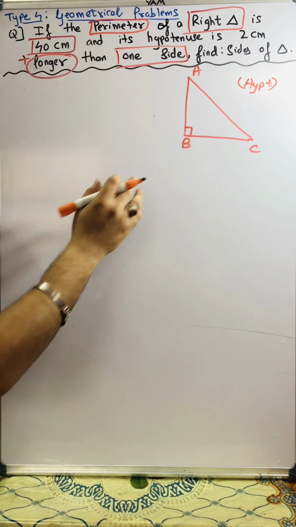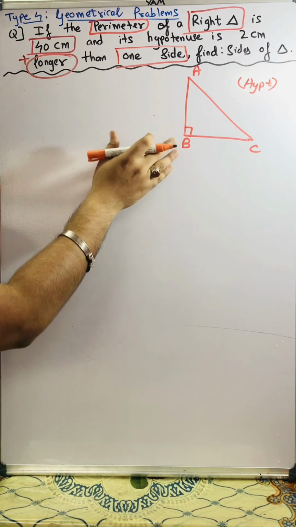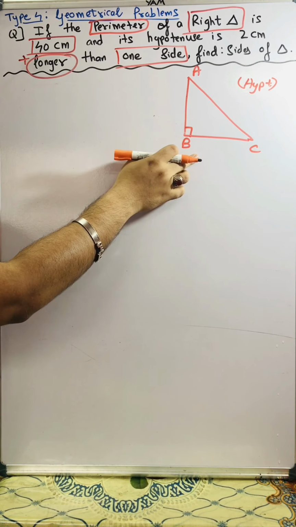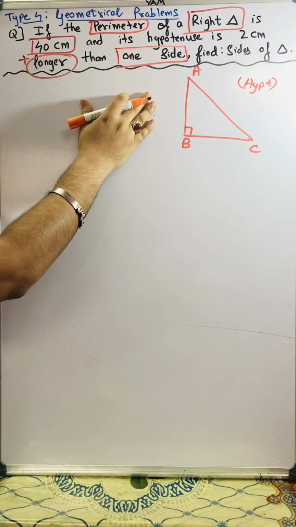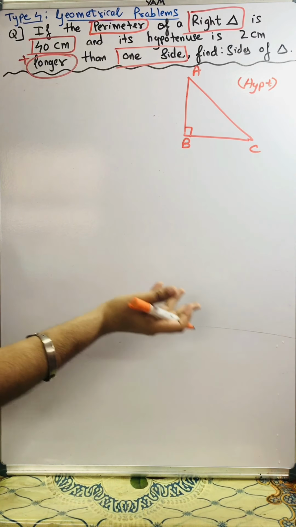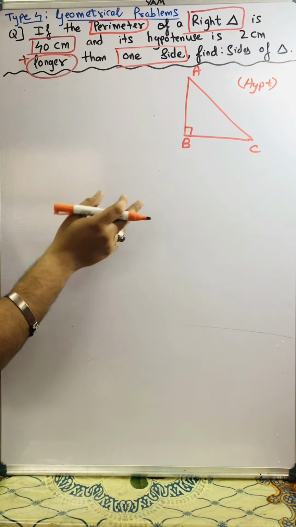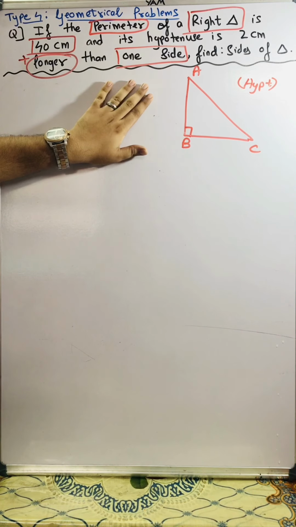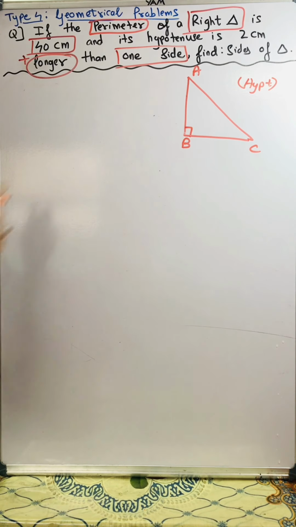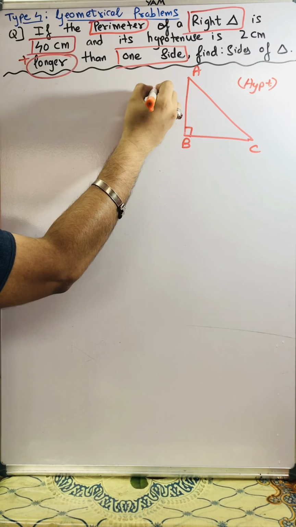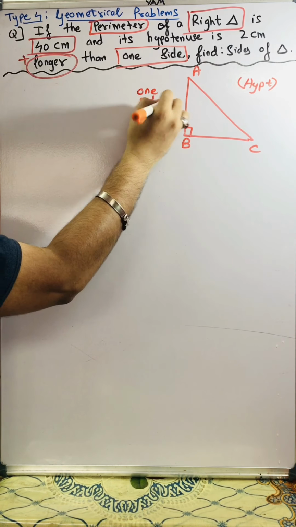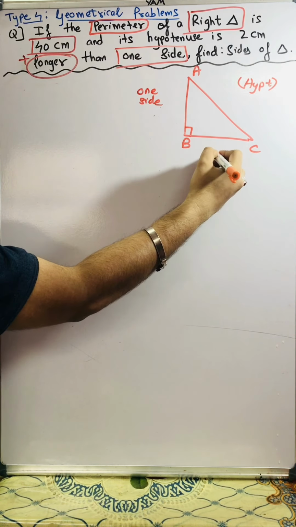Now we always know that in a right angle triangle we have two sides: the first side is called one side, the other is called the other side. The two sides in which the 90 degree is sandwiched are called normal sides. So now we can say any one, this is one side, this is the other side. So now I am telling this is my one side and this is my second side, or we can say the other side.